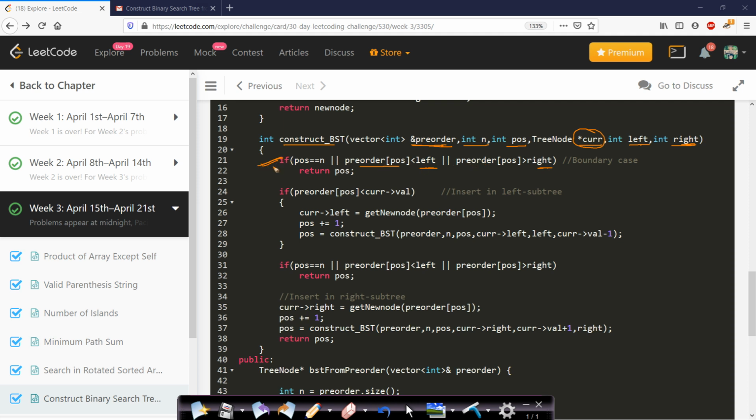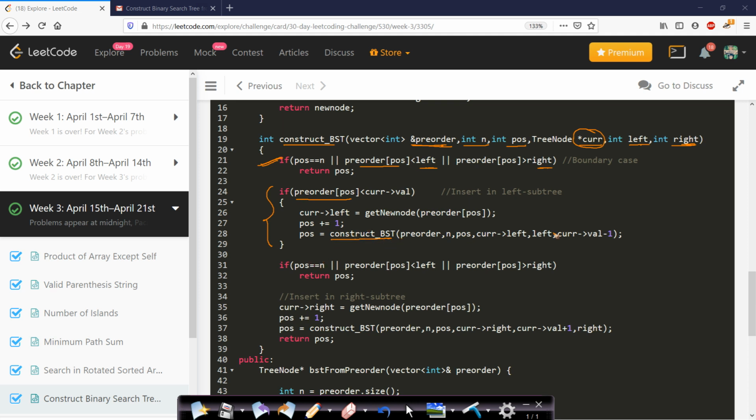Otherwise, if everything is sufficed, then we will check if the current element in pre-order array can form the left child of this current node. So if this pre-order at position is less than the current value, then obviously the current value's left child can be this pre-order at pos. So we will just insert it in the left subtree, and then we will make a recursive call.